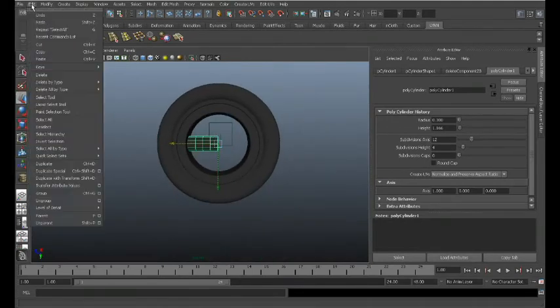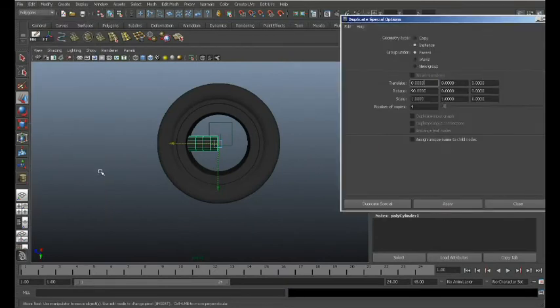And I'm going up here to Edit, Duplicate Special. So if I want, say, 4 spokes in there, I want each rotated 45 degrees, and there's 4 of them, so I have my settings. I'm going to instance them so that I can continue to work on one spoke and it'll affect the shapes and sizes of all of them. I have 90 degrees set in my rotate, and then I have the number of copies 4. So when I apply that, you can see that it rotates that object and copies an instanced object